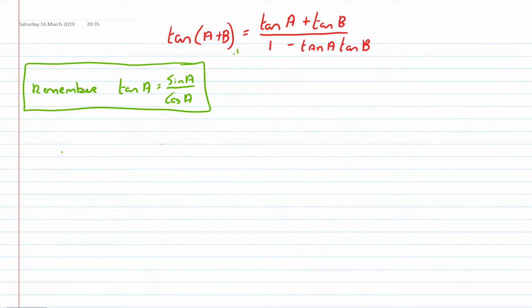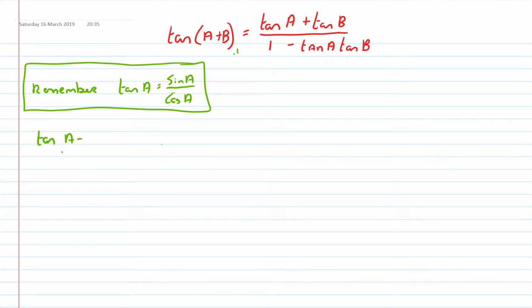In this video we're going to show that tan(A + B) equals (tan A + tan B) over (1 minus tan A multiplied by tan B). Before we start, we need to remember this: tan A equals sine A over cos A. And likewise,